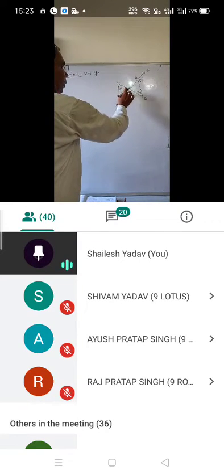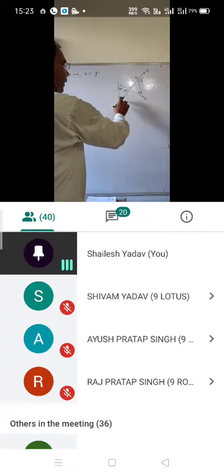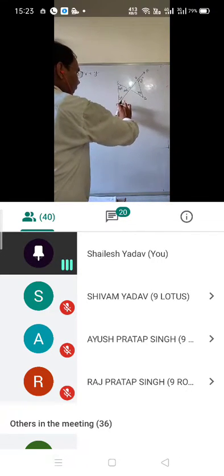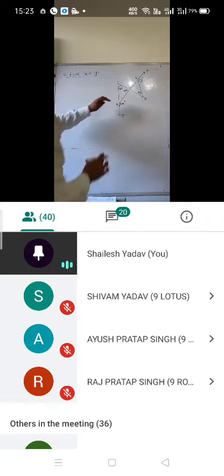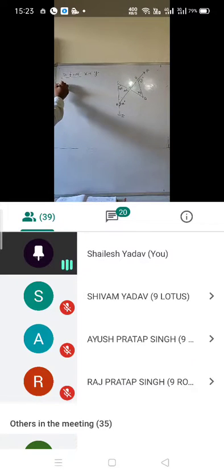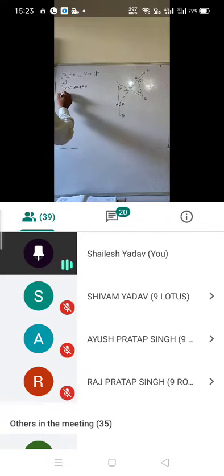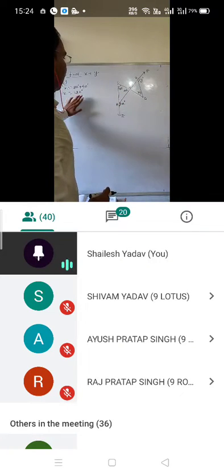If it is 80 plus 40, 120 degrees, so it will be 60 degrees by the angle sum property of the triangle. And if it is 60 degrees, what will be the value of x? That will be 180 minus 60 degrees, so it will be 120 degrees. Any other way you can apply? Here x equals 80 degrees plus 40 degrees, the exterior angle property of the triangle. So x equals 120 degrees. In this diagram I got the value of x, that is 120 degrees.